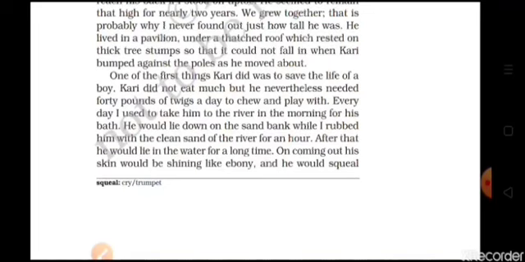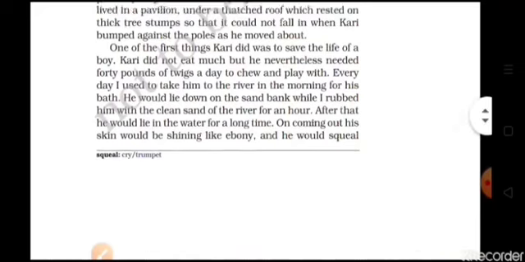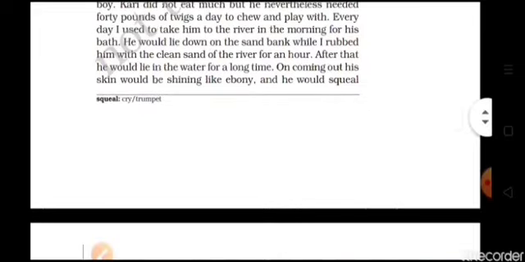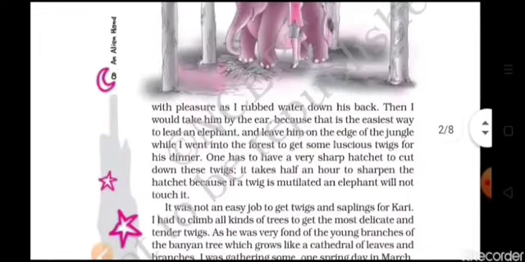He would lie down on the sand bank while I rubbed him with the clean sand of the river for an hour. After that, he would lie in the water for a long time. On coming out, his skin would be shining like ebony, and he would squeal with pleasure